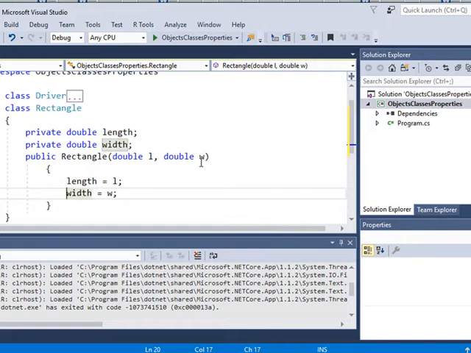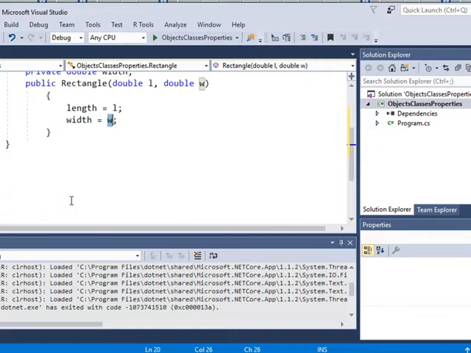Okay, so when I create an object out of the rectangle class, it's going to start here first in my constructor, and it's going to pass in the value for L and the value for W. And then I'm going to assign those to the length and width. Okay, once I've done that,